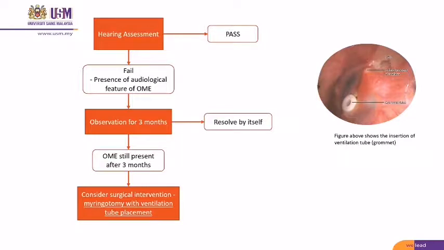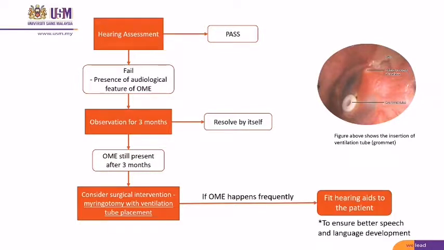But what happens if the OME occurs repeatedly? If OME happens repeatedly to a patient, then we need to consider fitting hearing aids. In a study that I've read, repeated ventilation tube placement may cause harm to the hearing of the children in the long run. So I think it's better to fit hearing aids to ensure better speech and language